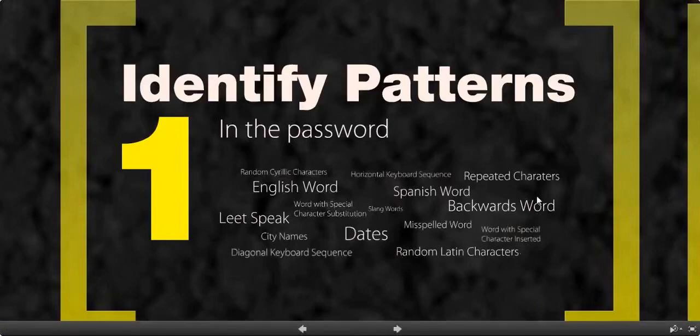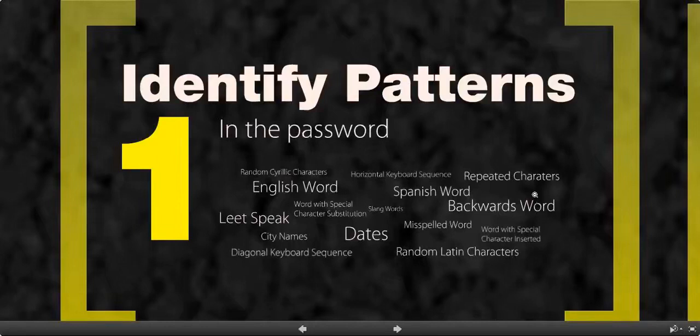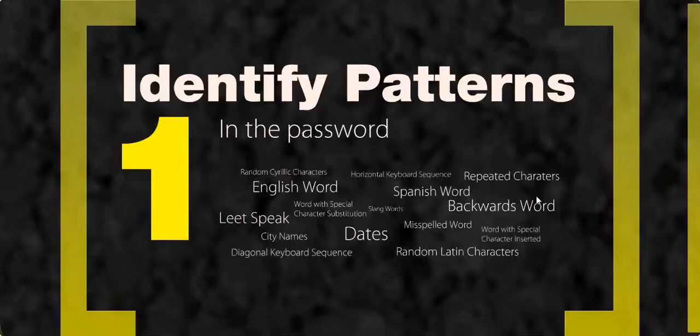If you've got keyboard sequences, which are actually really weak, like a sequence of ASDF or QWERTY. Those are keyboard patterns where you just put everything in a row on the keyboard, and there's only a very limited number of those available, so they're really weak, but they're really easy to remember and easy to type. We've got misspelled words, which is, I think, a novel thing. I don't think I've seen that anywhere else. We've got dates, we've got backwards words, all kinds of patterns that we can look for.